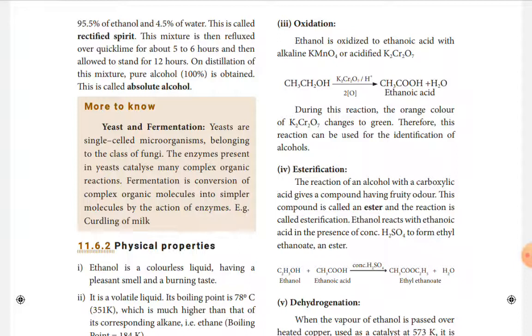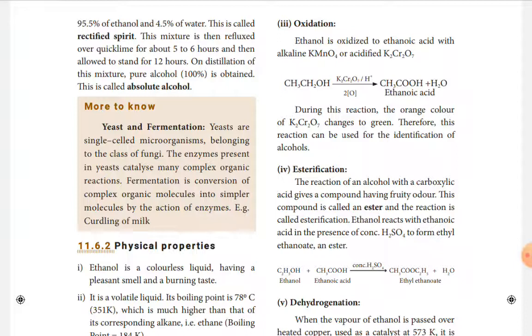So the forensic people used this type of alcohol test to check the quantity of alcohol present in the bloodstream of drunken people. So this is one of the tests to identify the presence of alcohol. Sometimes you will be asked, how will you identify the presence of alcohol in drunken people? So this test is outright. The oxidation test is the test to identify the amount of alcohol present, using the reaction in the presence